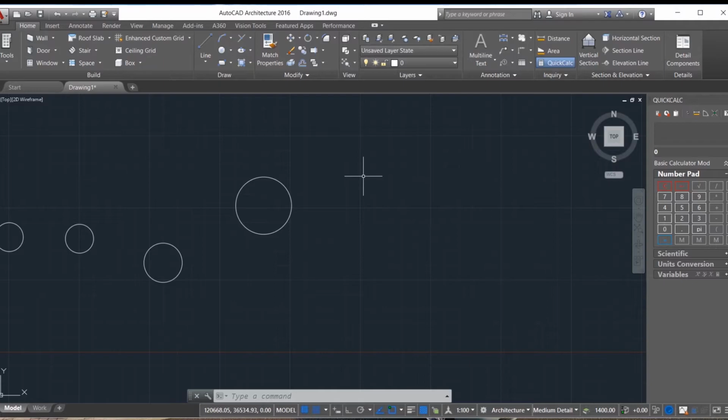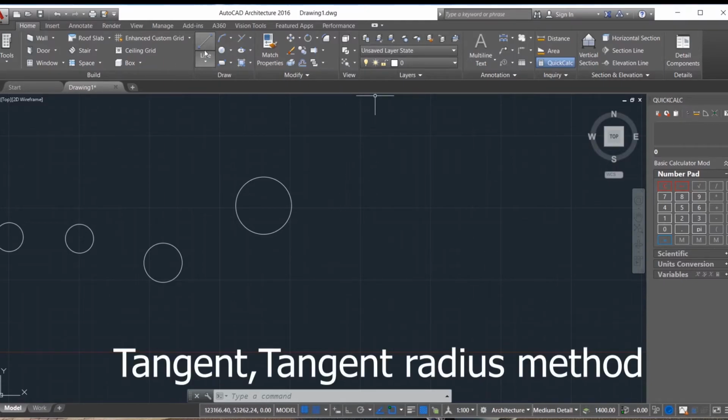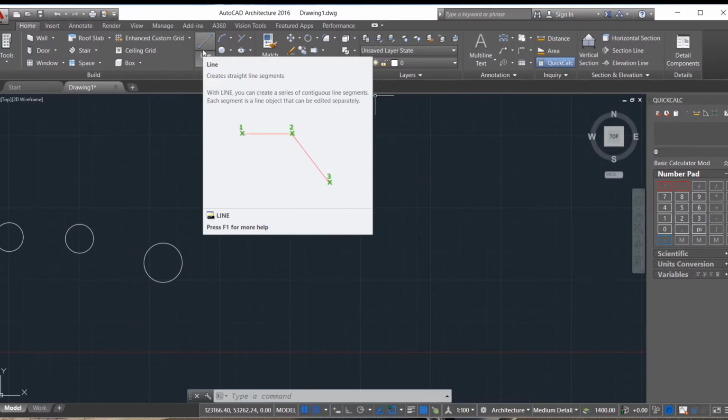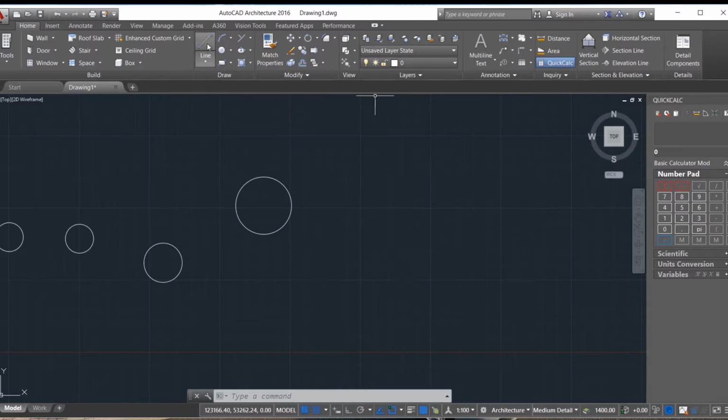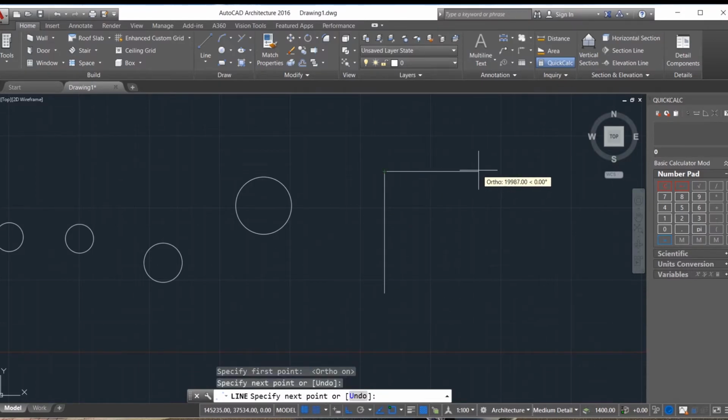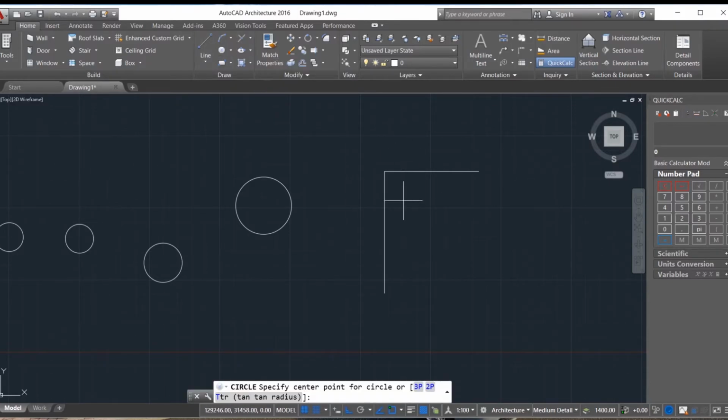So we move on to the fifth option, which is the tangent radius method. For that one, we would have to get an object to serve as our tangent for the circle. So let's draw two perpendicular lines. All right. So these lines will serve as our tangents. So this one too, you activate your circle command, then you type T